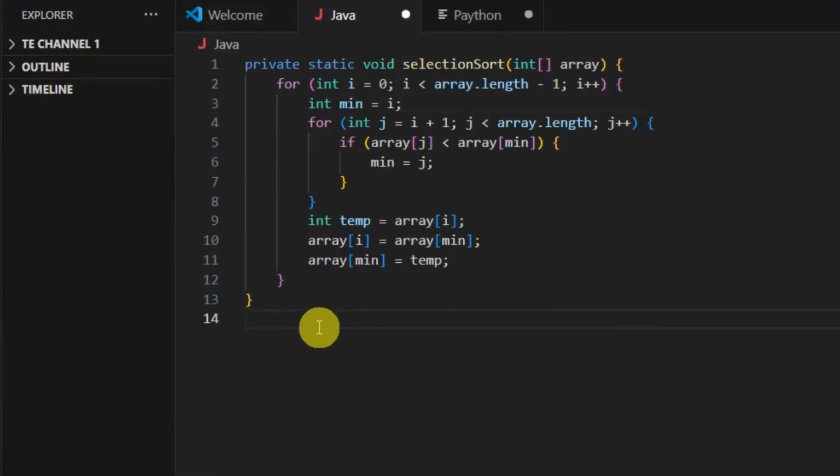Now let's define the selection sort method. private static void selectionSort(int[] array) { for (int i = 0; i < array.length - 1; i++) { int min = i; for (int j = i + 1; j < array.length; j++) { if (array[j] < array[min]) min = j; } int temp = array[i]; array[i] = array[min]; array[min] = temp; } }